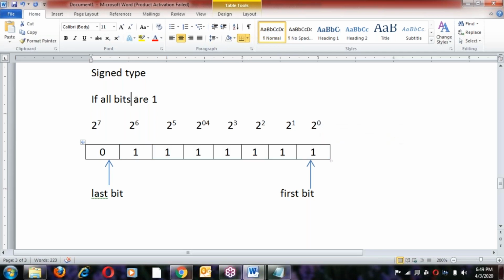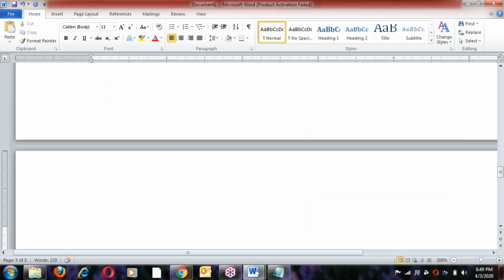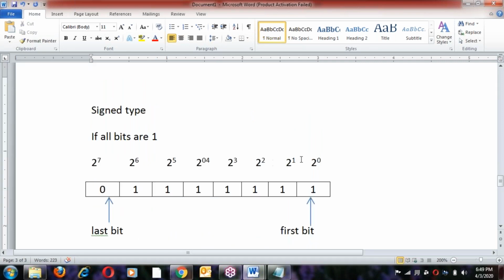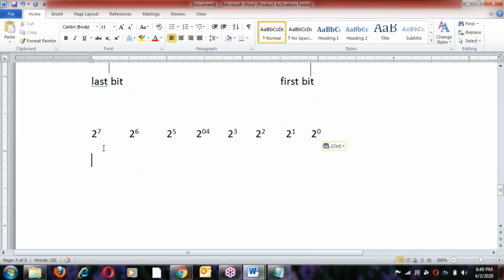Now what's the value? All bits are ones. In the sign type here, this is not data, this is for the sign. If all bits are ones, then what's the value of this? Let us check it here. If all bits are ones, so this is 1 into